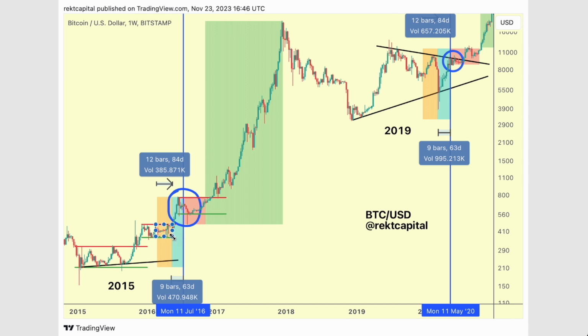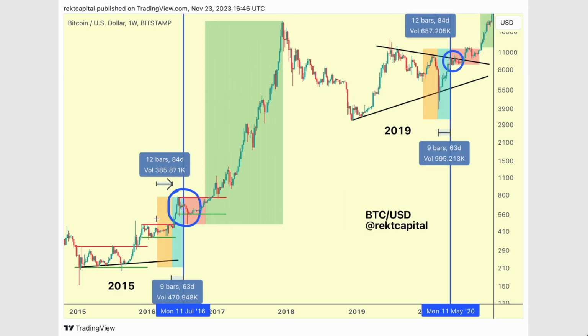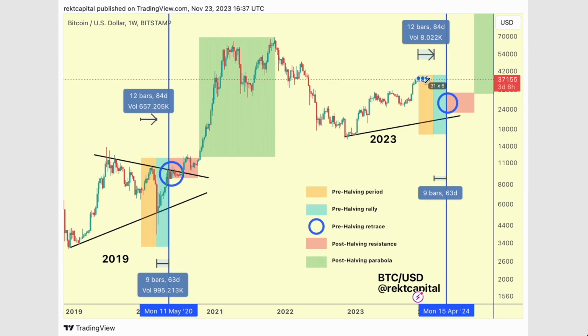So if history is any indication, going back to this chart, for instance, if 2016 is to repeat in some way, shape or form, then we could just consolidate at these highs for a long time, for the next 80 days or so, just forming a range, a reaccumulation range of some sort, forming this range somewhere here after meeting the highs and developing a range going into that